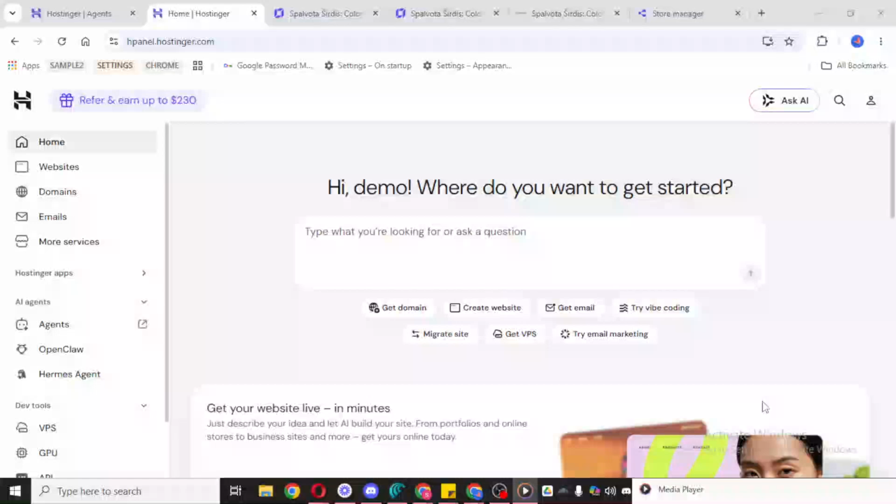In today's video, I'm going to teach you how to add team members on Hostinger. If you want to let someone else help manage your Hostinger account without handing over your personal login details, the account sharing feature is the safest and most practical option. It allows you to invite another person, give them access through their own email address, and assign a role based on what they need to do.